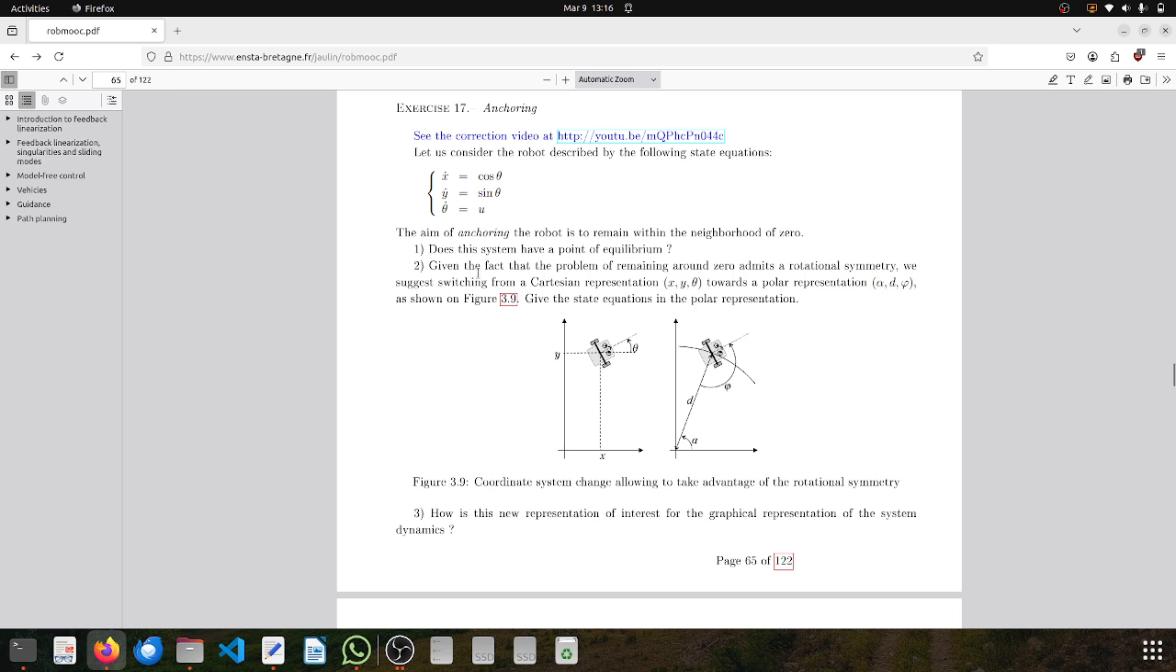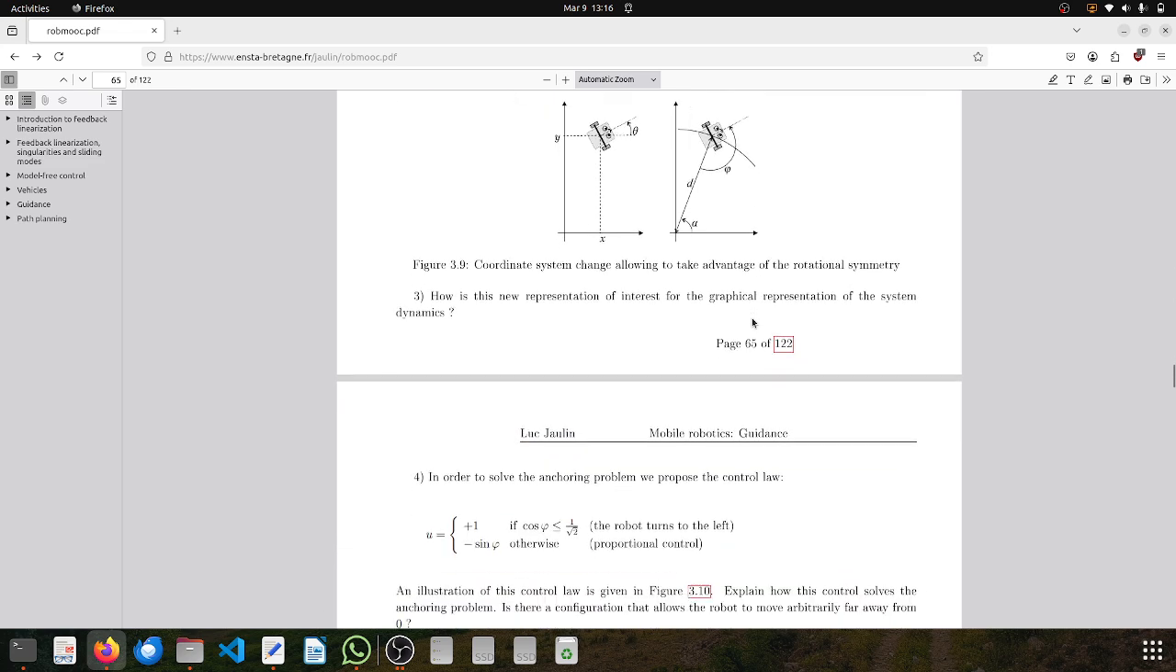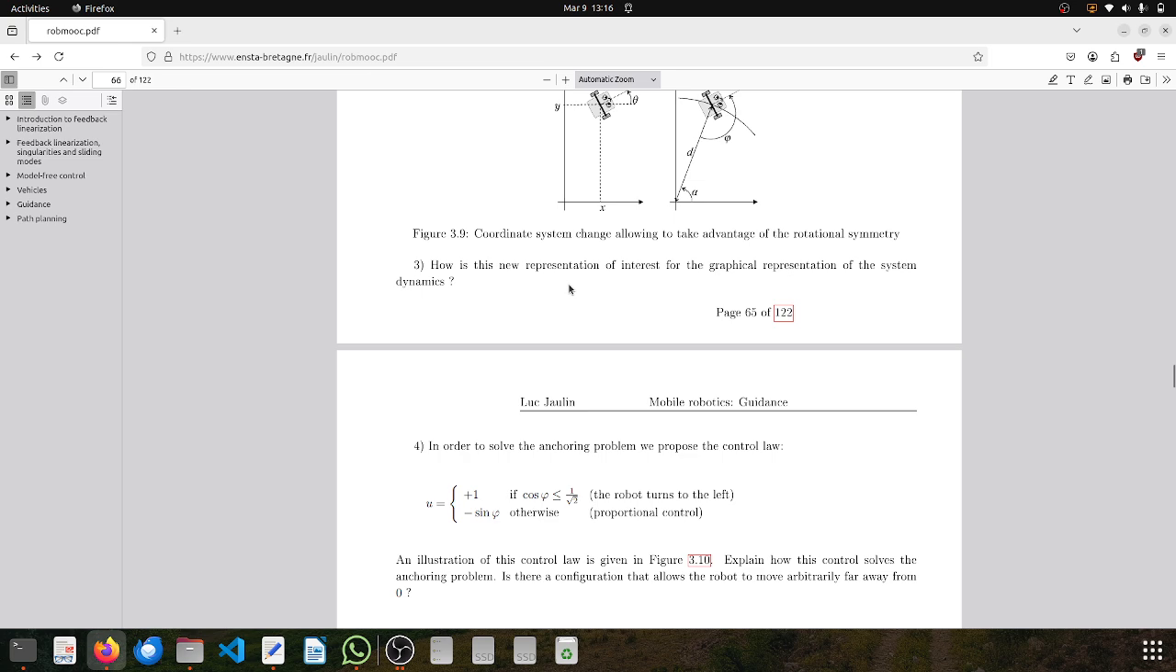Now in the second part, we were asked to transform this state space representation into a polar representation using alpha, d, and phi. This was solved on a piece of paper, and I will provide the handwritten solution. For part 3, we were asked, why did we do this transformation? And the answer is